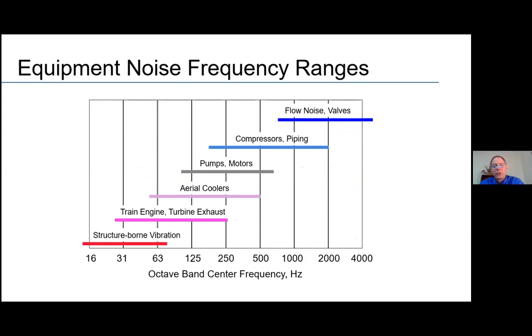You can see that when you get into the very low frequency sound, you're looking a lot at structure-borne vibration. So back to the thumping of music, the very low bass sound that causes things to shake or vibrate. When you have a train engine that passes by on the railroad tracks, you can often feel it in the ground. That's a very low frequency vibration that's occurring.